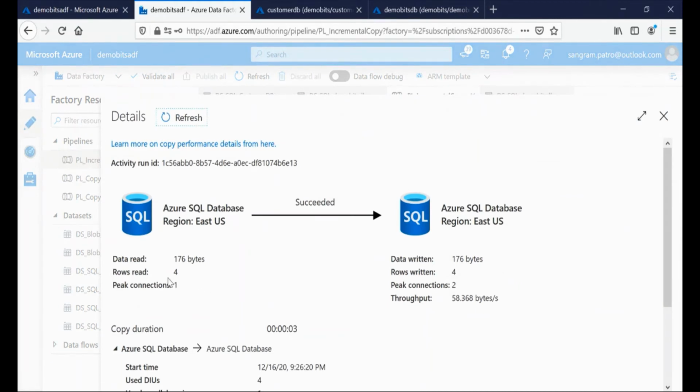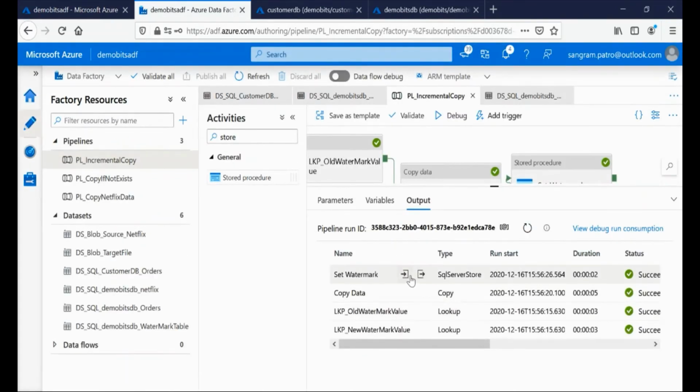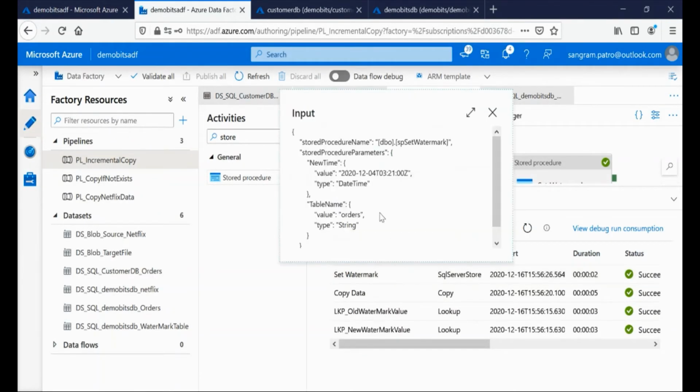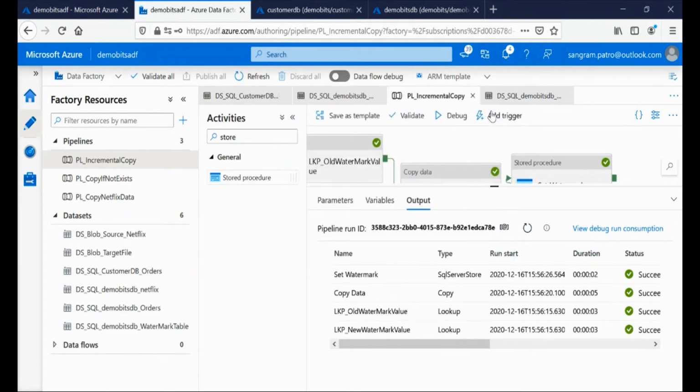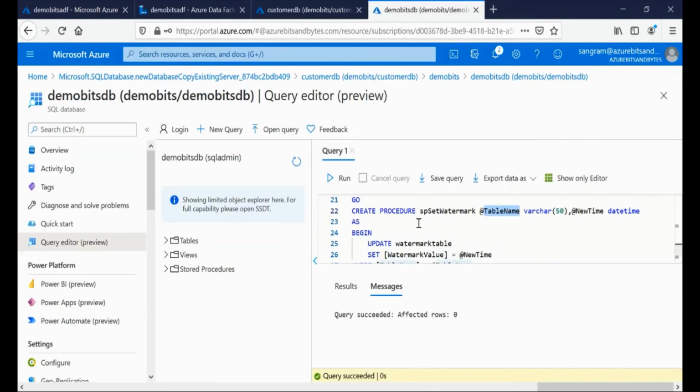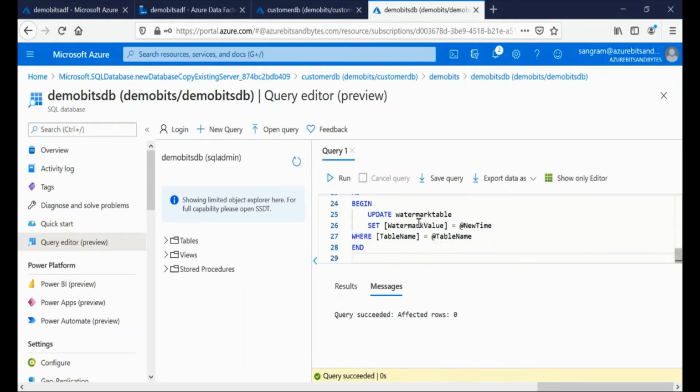And then the copy data activity, we can see that 4 records were read and 4 records were written in the target database. And then the set watermark is taking the input as 2020-12-04 and the table name as orders. Okay. Let's go to demobitsdb and see if we have got some orders or not.